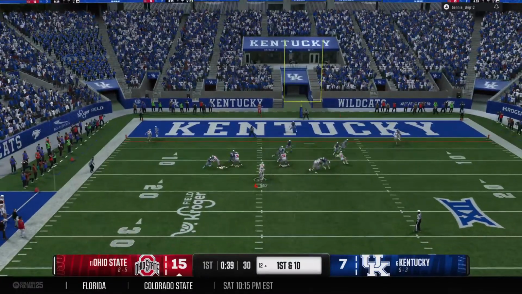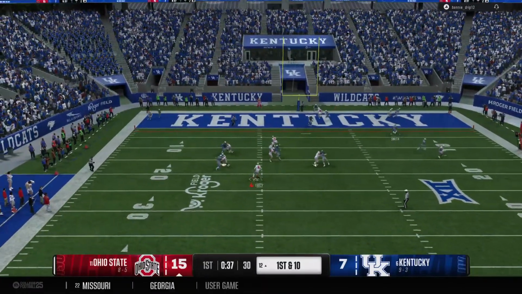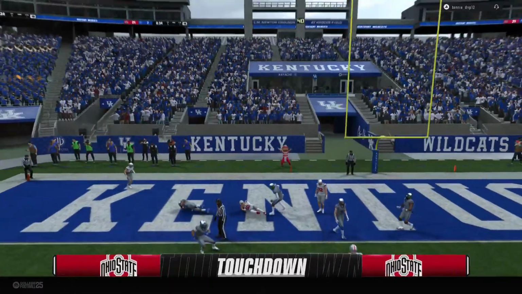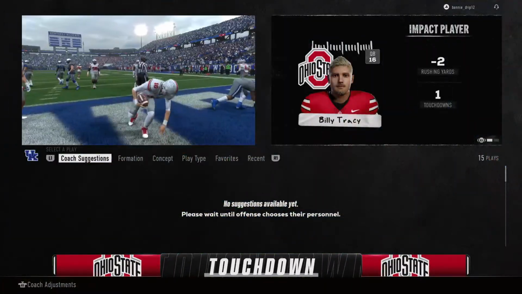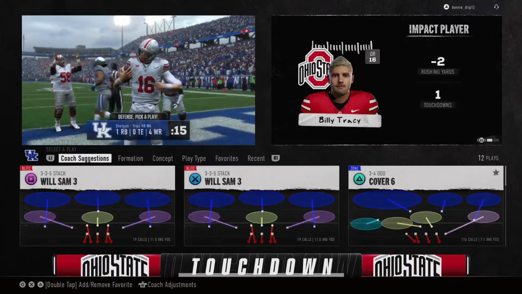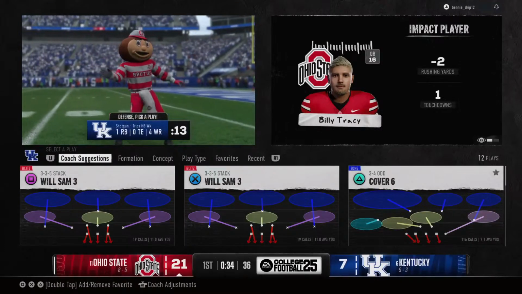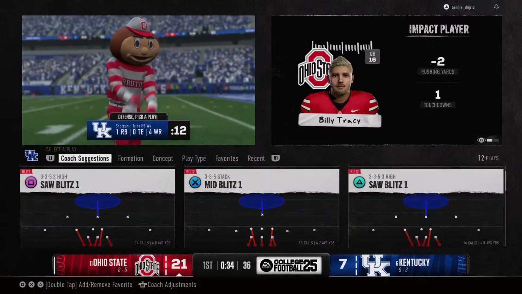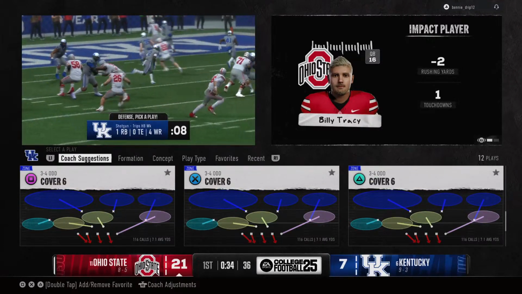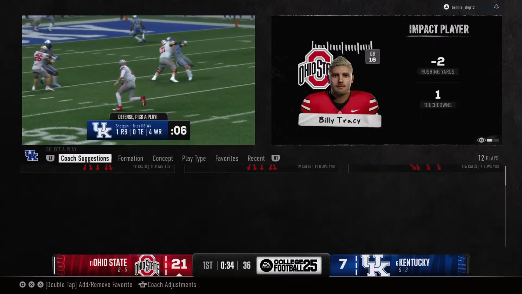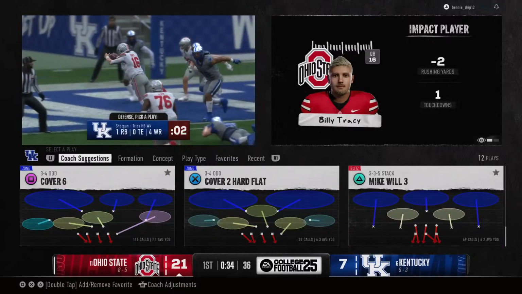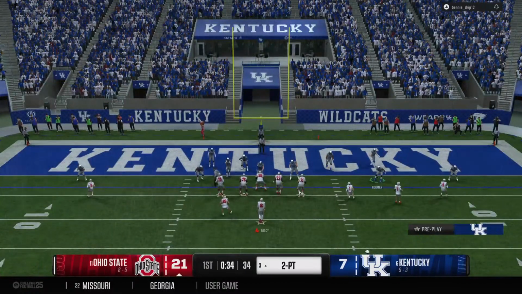On 1st down, it's play action. Pressure is coming. And he runs it into the end zone. Touchdown, Ohio State. So the quarterback says, I'll do this myself, or he just takes off and flashes the speed in the touchdown run. My goodness, his creativity and speed makes it almost impossible to stop. If I'm the defensive coordinator, I start locking in on this quarterback's ability to run, because if you don't, you're going to see a lot more plays like this.